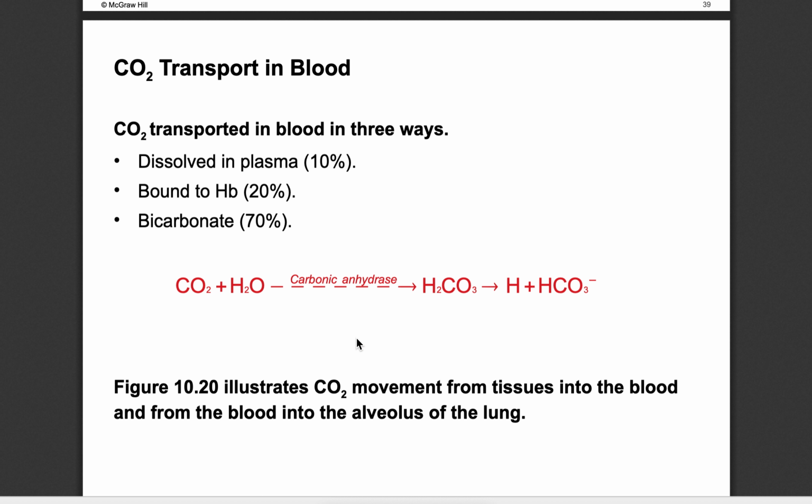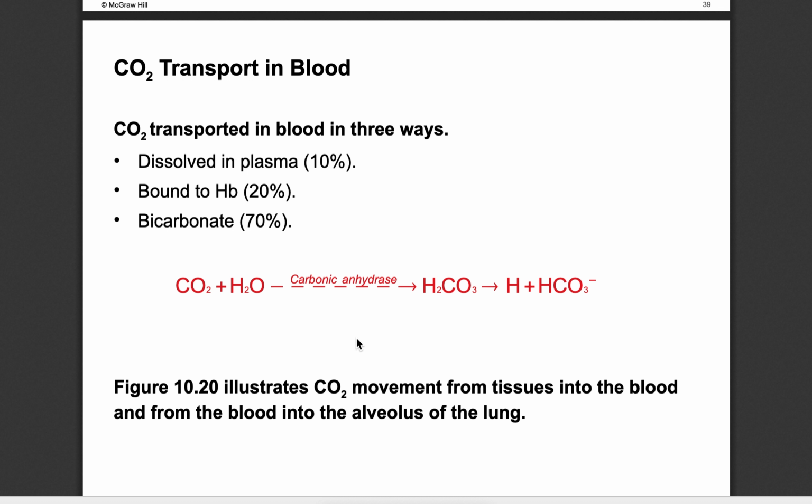So we talked a lot about the oxygen, so now we need to flip over and talk about CO2 transport. So O2 transport was through hemoglobin. CO2 transport actually happens in 3 ways. So some of it will get dissolved in the plasma in the blood, and that happens. A little bit of it will actually bind to hemoglobin, so some of the CO2 will bind to hemoglobin and then be taken back up to the lungs, but a majority of it is transferred through what we call the